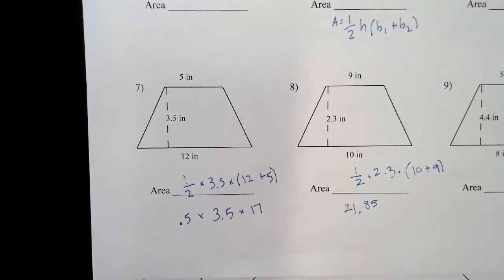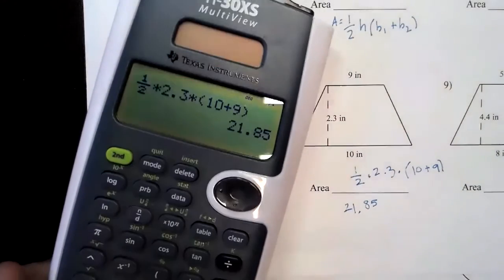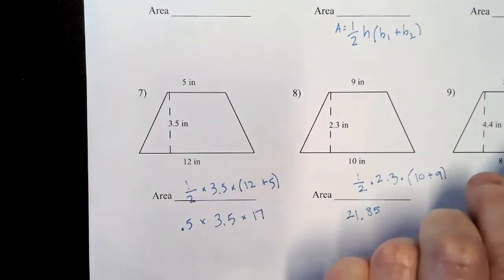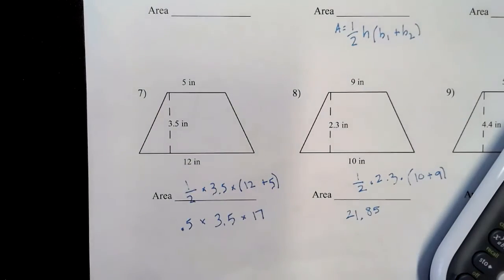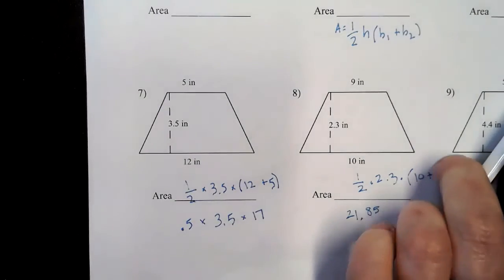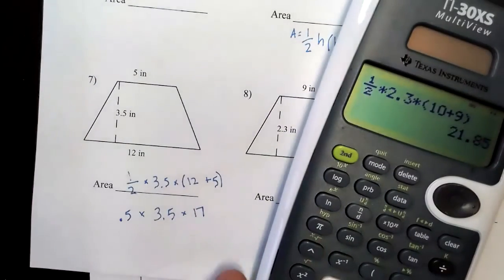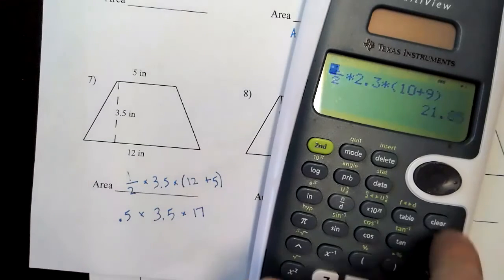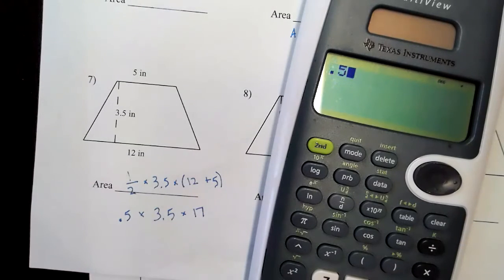Now you cannot use any other calculator than this one during the test. And again, there's a difference for the online test. I don't think you can use a calculator at all. You have to use the calculator online that GED provides. All right, so same thing here. We're just going to type all this in. Well, that's better. You can see that much better. Clear that. We've got 0.5 times 3.5 times 17,